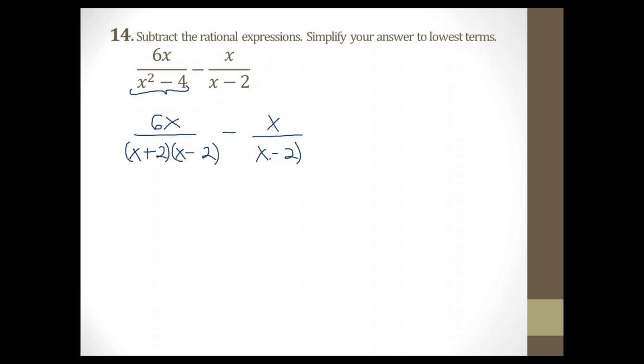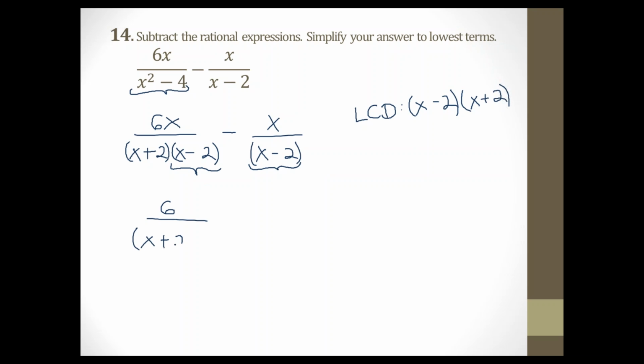Now, as you may see, the two denominators have something in common, and that would be the x minus 2. So for the least common denominator, we definitely need that part. But then also, because this one has x plus 2, that will be also part of the least common denominator. It is basically a combination of both of them. Both of these need to go into the least common denominator. Because this side is actually the least common denominator, we can just leave it like that. But then on the other side,